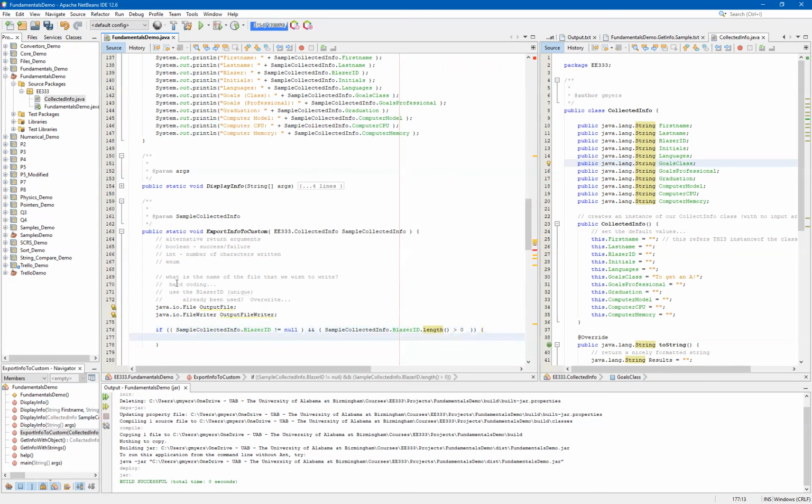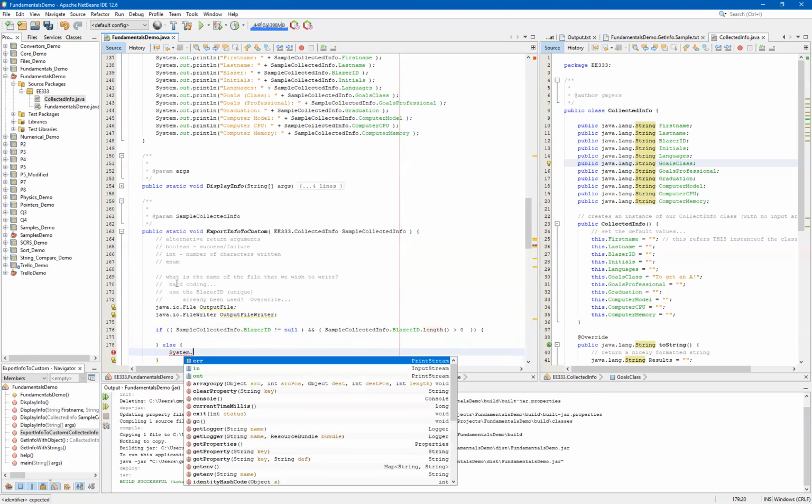In other words, it could actually be an empty string in addition to being null. Now, if it was an empty string, it would just simply mean that you would get a file name that only has an extension and not a file name associated with it. Not the end of the world, but once again, it's something easy for us to check. And then under the else branch, what we want to do is simply print out a message to the user that says,